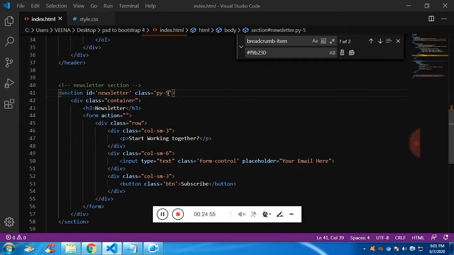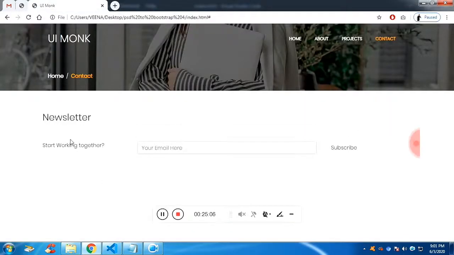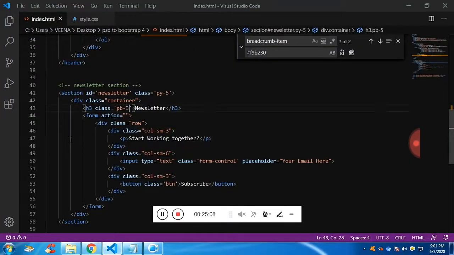The next thing is, let's copy it and give it to the heading. Let's make it 3. We just need the padding bottom as 3.